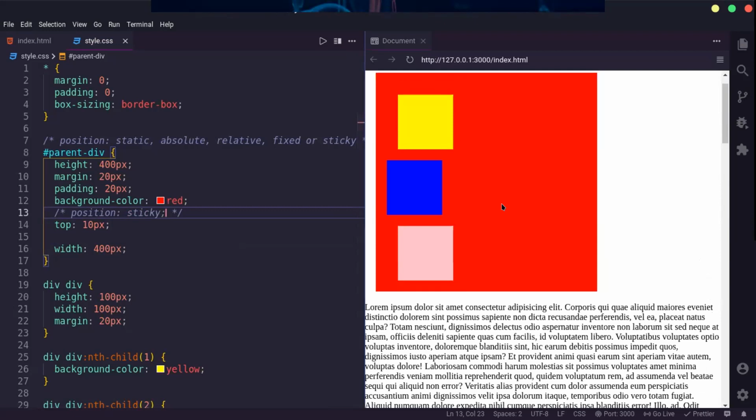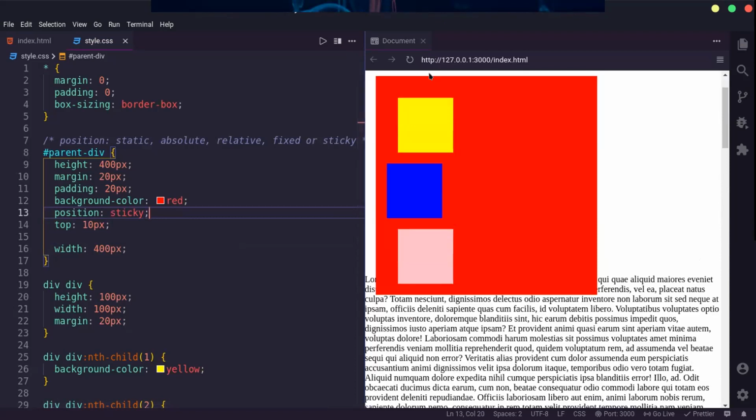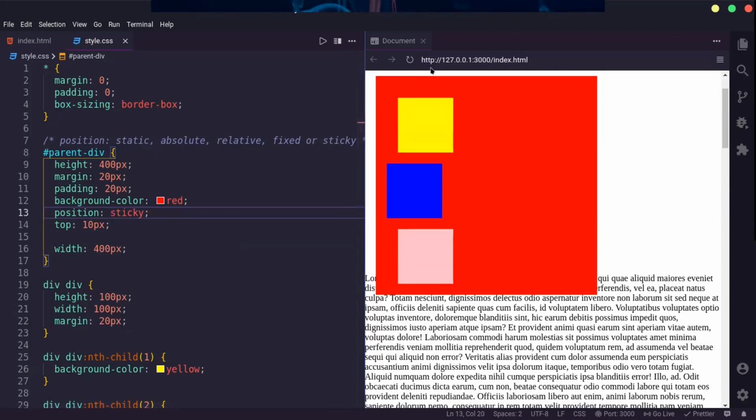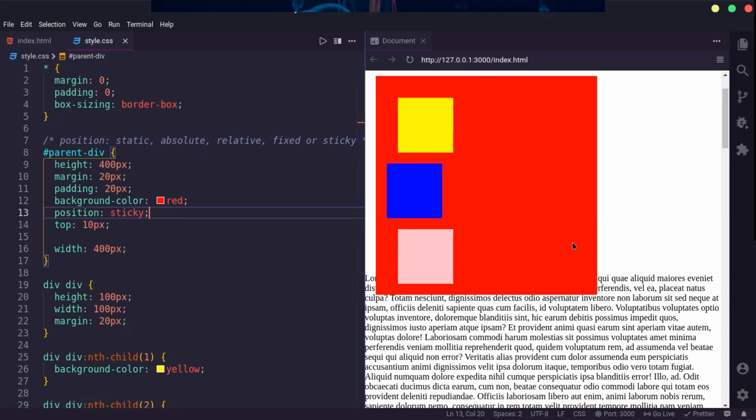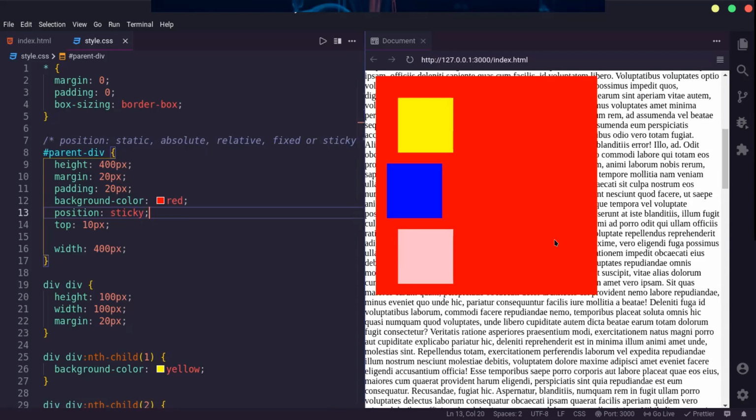But if I set the position as sticky, as soon as the top becomes 10 pixels, so this white space between the top of the page and this red div is 10 pixel, it's stopping there and becoming a sticky element. Okay, so that's sticky. So we did static, absolute, relative, fixed, and sticky. Any questions so far?